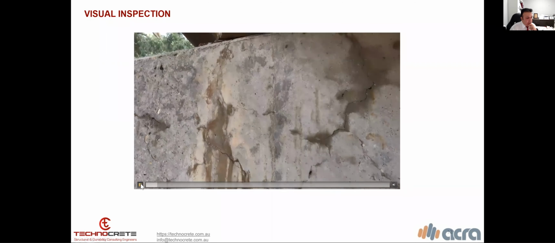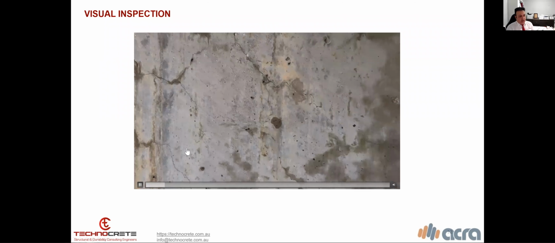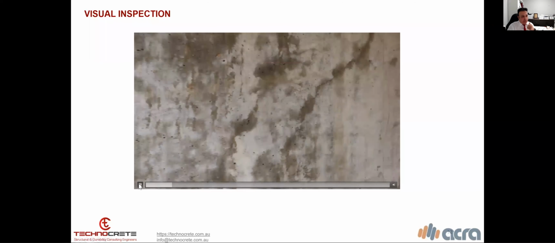As you can see, the cracks. When we have ASR, we have a network of cracking. The cracks are normally large in terms of width, because ASR starts from internal expansion. So when we see the cracks, they are a little bit bigger than other normal cracks. On the left-hand side, you can see the gel leaching out, and this discoloration of the concrete shows the progress of AAR on the structure. You can see the cracks are all over the structure.